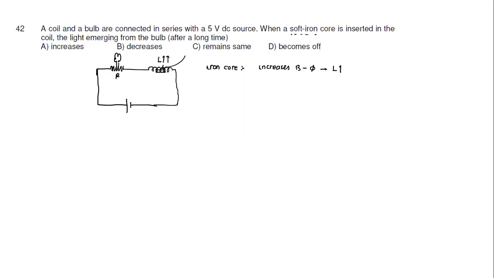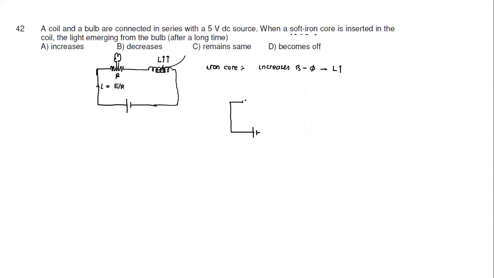But it's talking about when the iron core is inserted, light emerging from the bulb after a long time. So just imagine it is something like this. If you have to go step by step and solve very properly: earlier it was like this, the bulb was connected to the inductor and current I was flowing. After a long time, this current will be E by R. The moment I insert